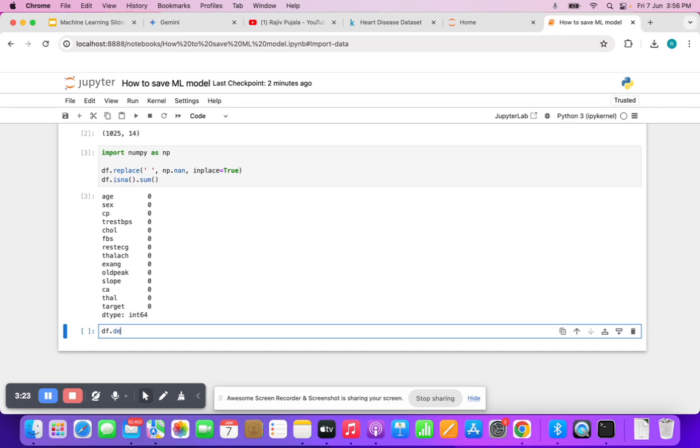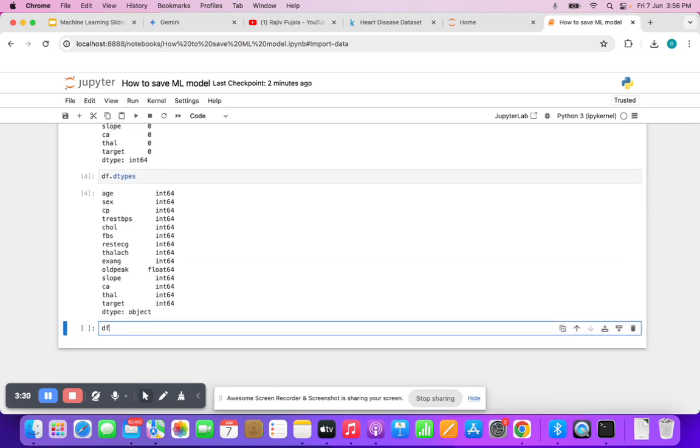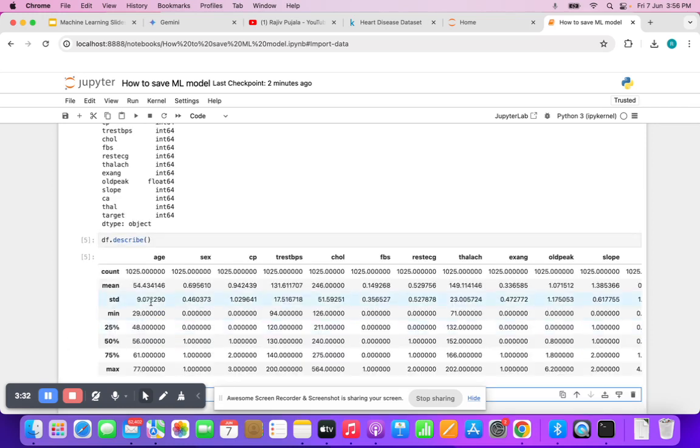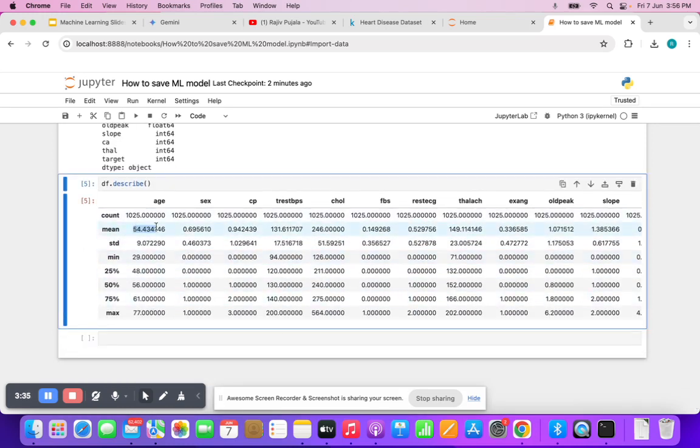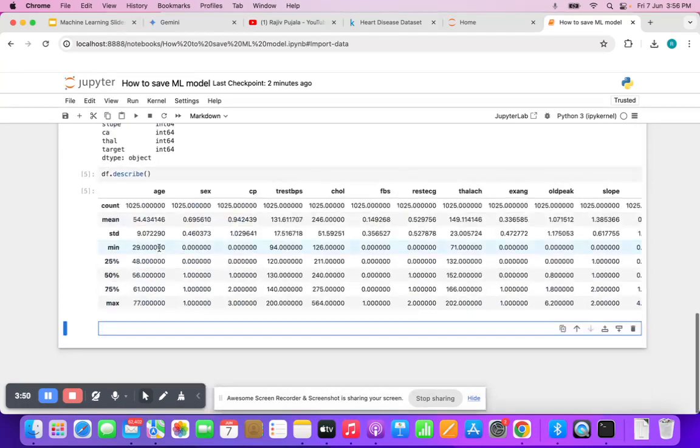And if you want to see the data types, they are all either integers or floats. This is really good. And if you want to see the statistics, you can see what is the count, what is the mean value. The average age in this data set is 54 and the deviation from the mean value is 9, and the minimum value is 29, maximum age is 77. This is good. Now what I'm going to do, let's split inputs, or we can say features